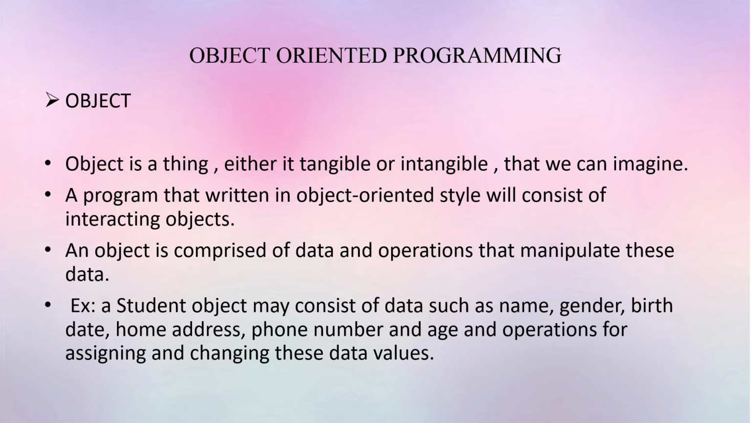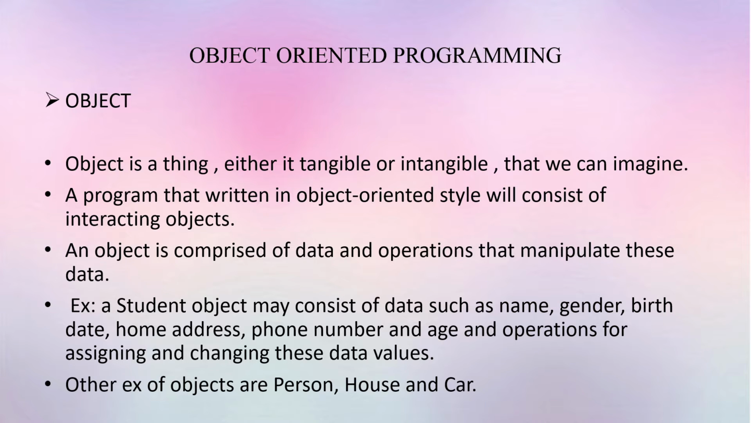Example, a student object may consist of data such as name, gender, birth date, home address, phone number, and age, and operations for assigning and changing these data values. Other examples of objects are person, house, and car. After that,